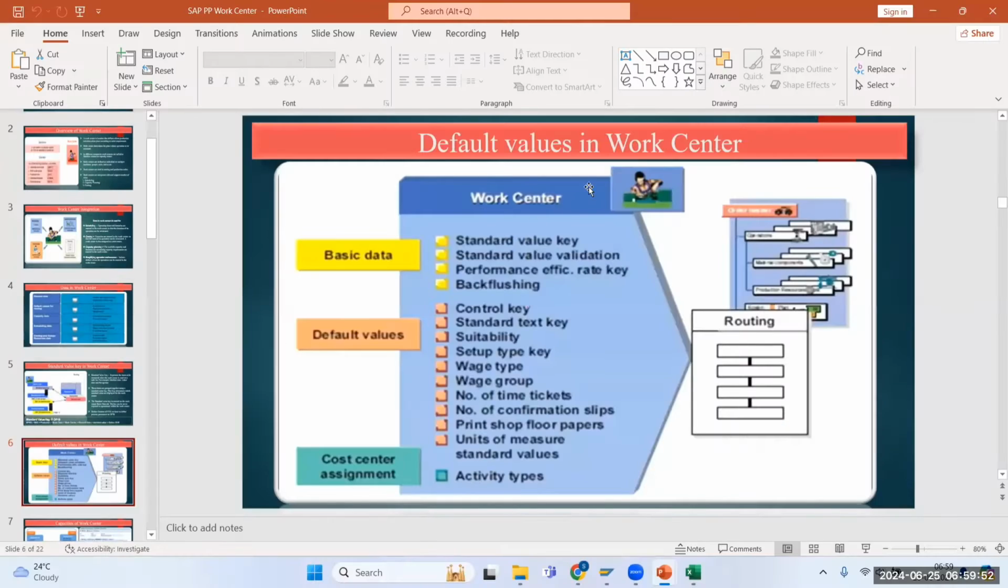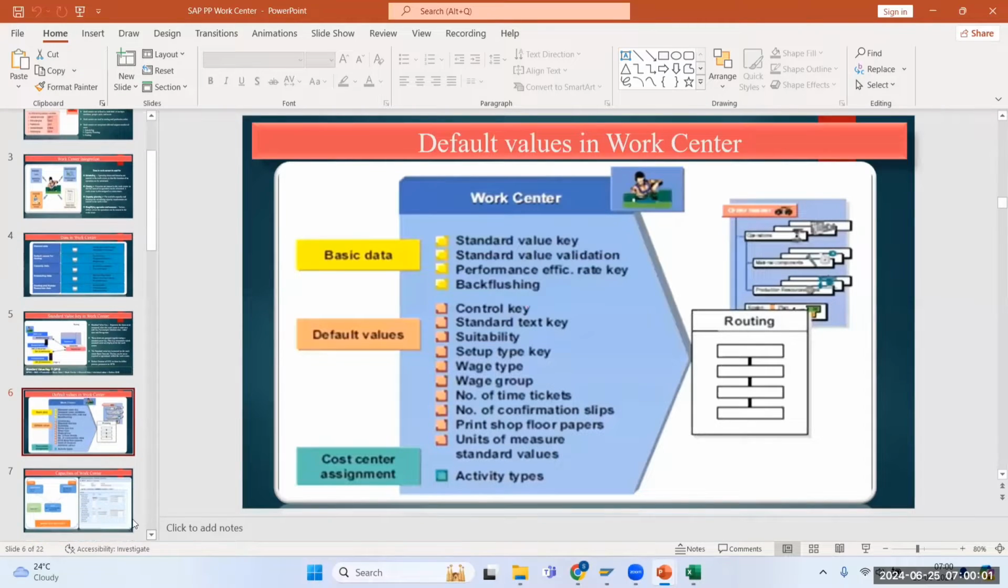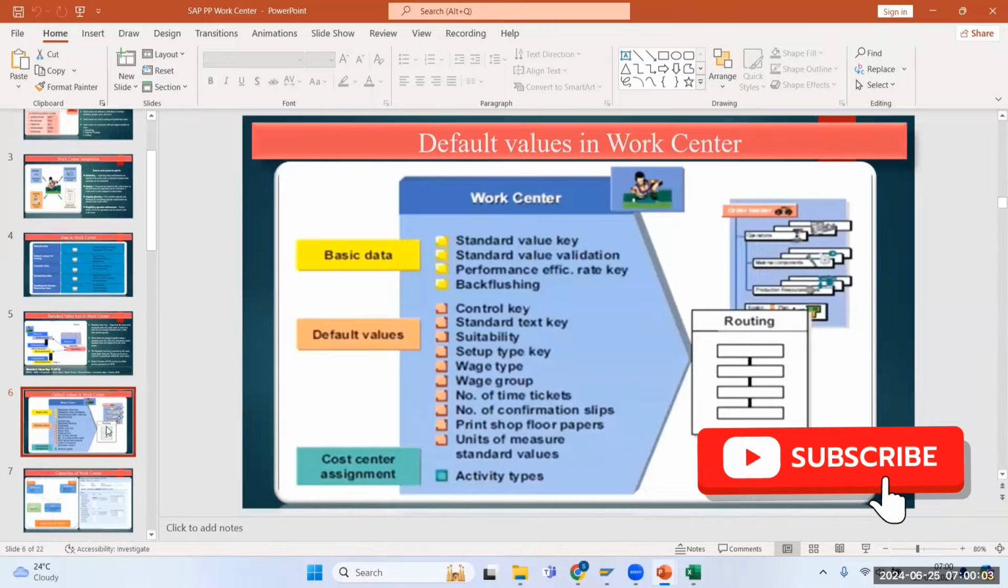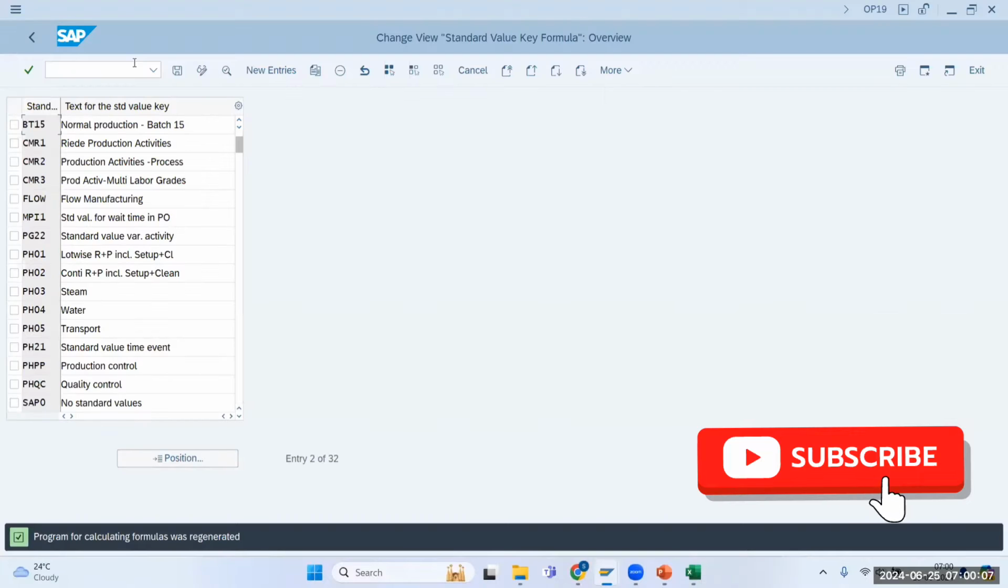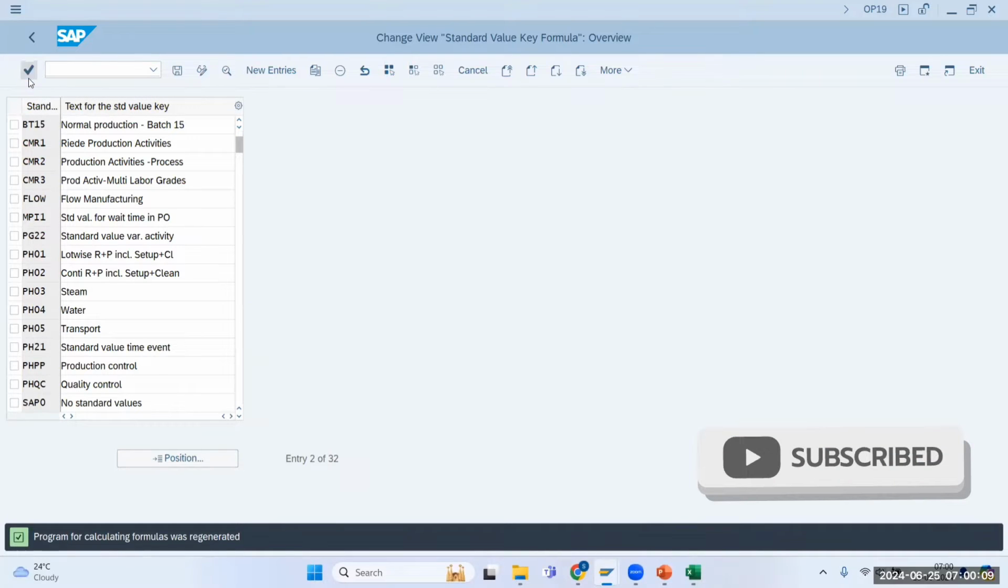Now, let us understand default values in Work Center. Next configuration is default values. What are default values? Default values means, whenever we are going to create a work center,